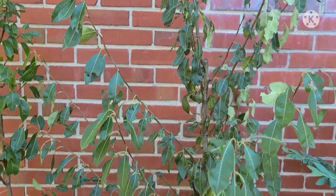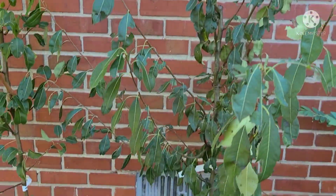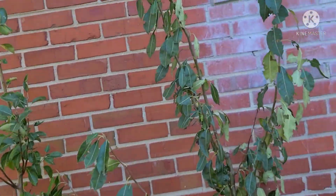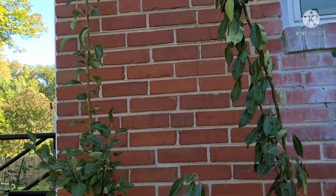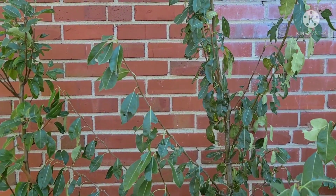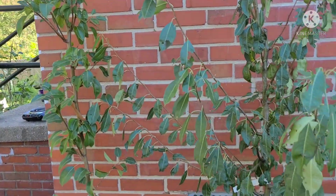This was the last one that came out of dormancy. It is bigger, but you know, we got to take care of it. The weather's changing. This is the Moon Glow right here. And that is the Bartlett, which is just shooting straight up in the air. So I'm probably going to cut some of them from being so tall to try to make sure they're manageable for me as well. Because I